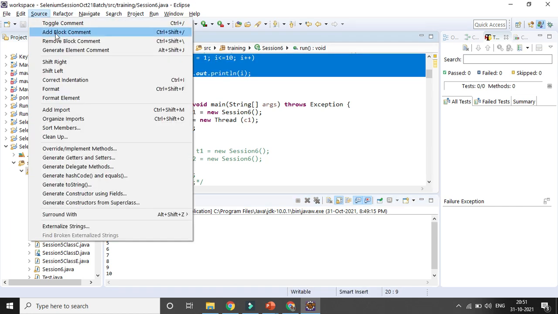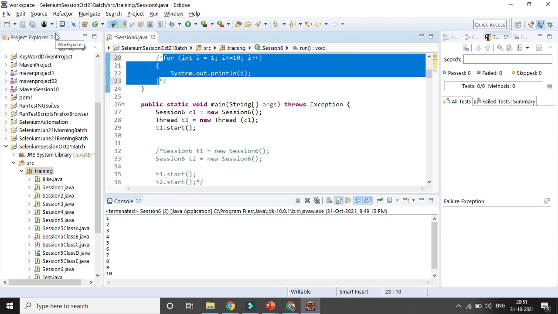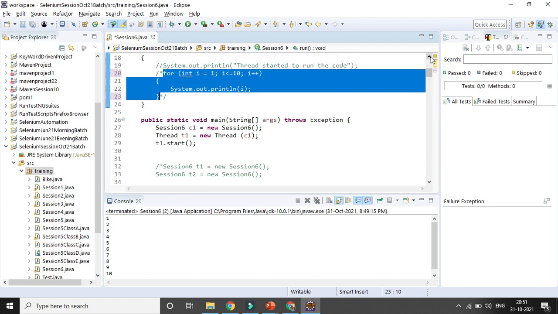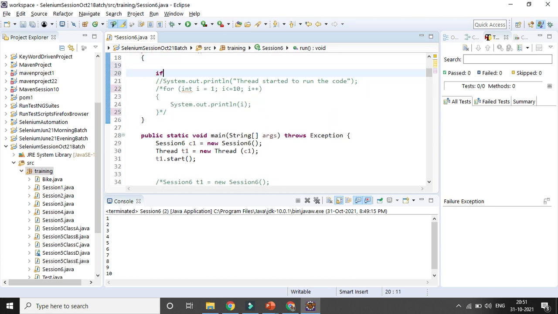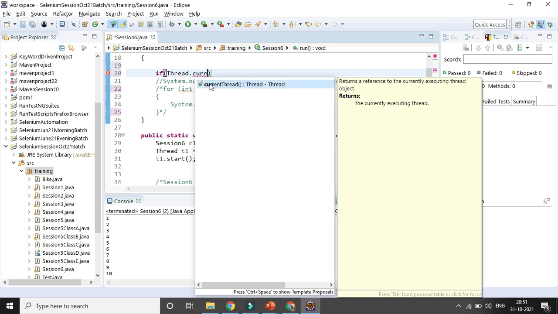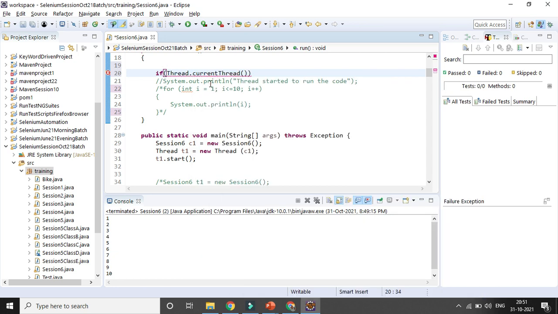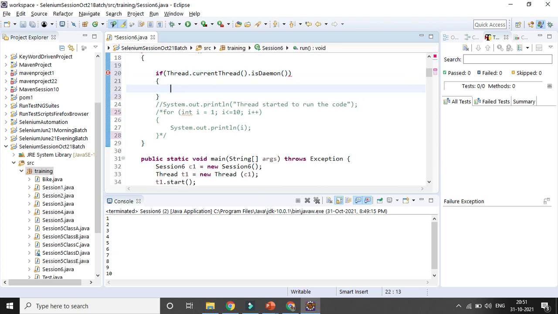If Thread.currentThread().isDaemon, then it will print daemon thread is running the lines of code.